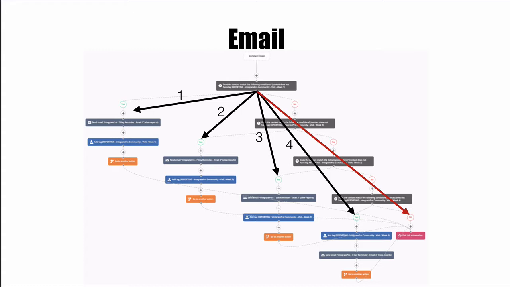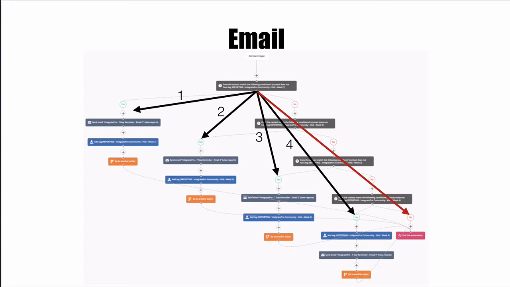We do another check. Have you received email 2? Guess what? Email 2 hasn't been sent out to this person, so we do that. And then we tag them with email 2 tag. Jump over to the in this automation. So you can set this up for as many emails as you want. I've done this for 4 emails. So what if it just keeps no, no, no, no, no? In other words, they've already received all 4 emails. Well, very simple. They get pushed through to the far right, and basically they get put in and they get